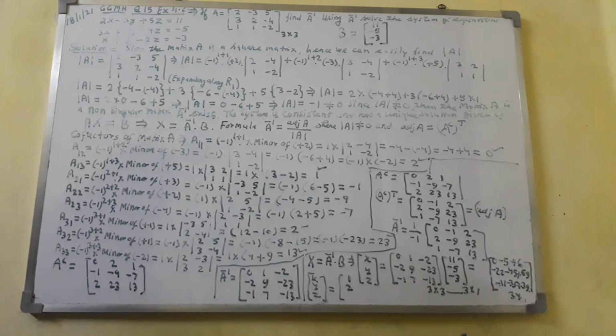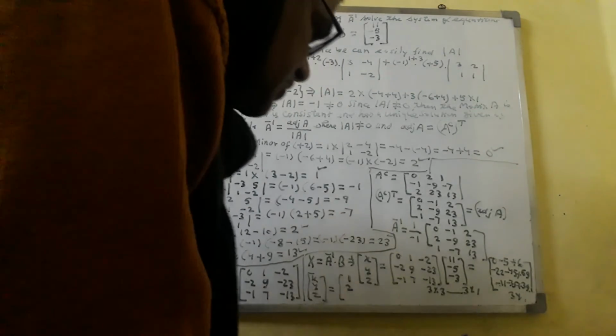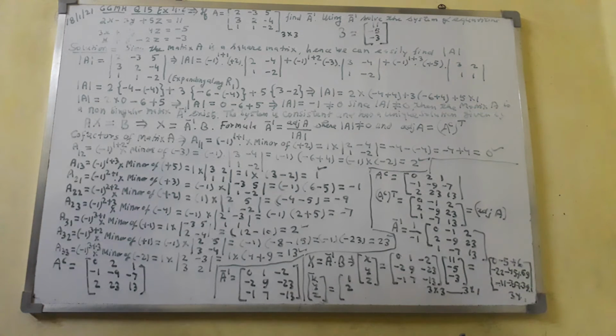zero minus 5 plus 6 minus 22 minus 45 plus 69 minus 11 minus 25 plus 39. This is 25. But how is it 25? Minus 1, 7, 13. This is 5. This is not 7, this is 5. So how is it 5? One mistake was counted here. This will be the 5. 5 it will come.